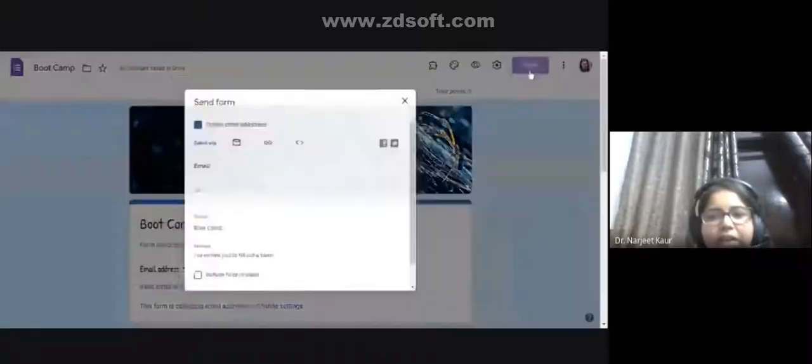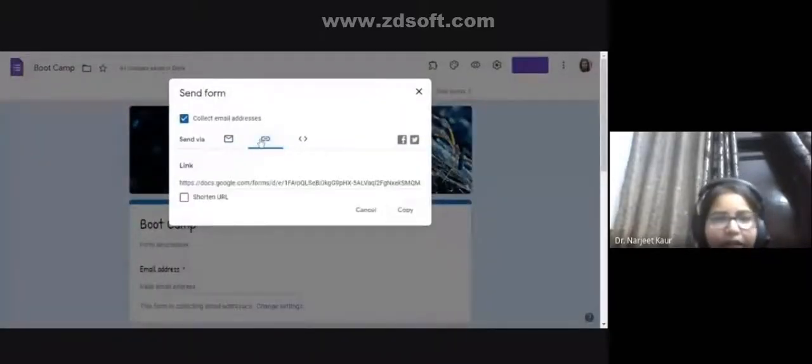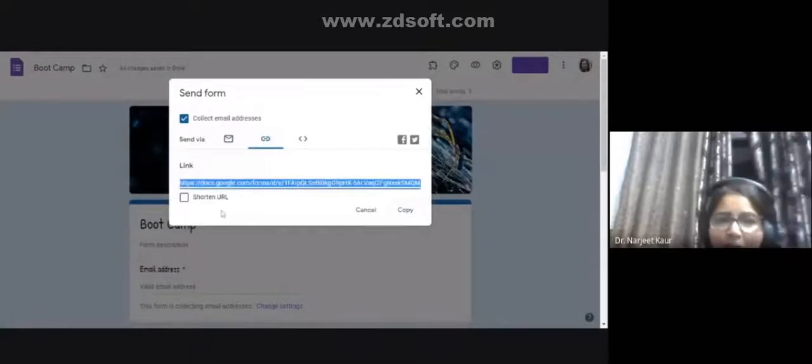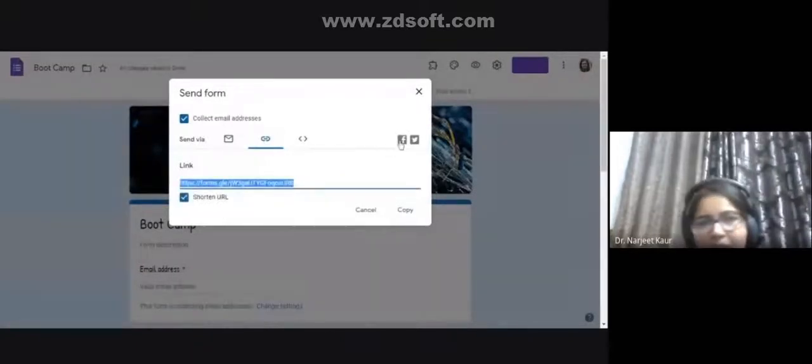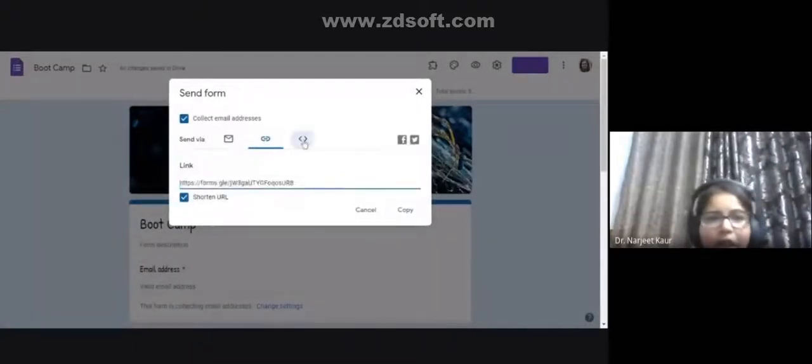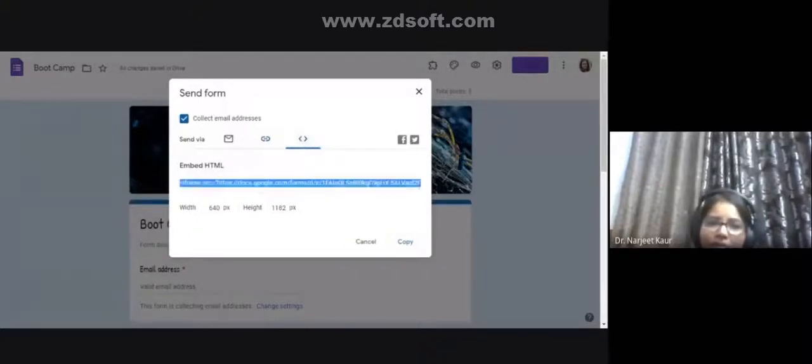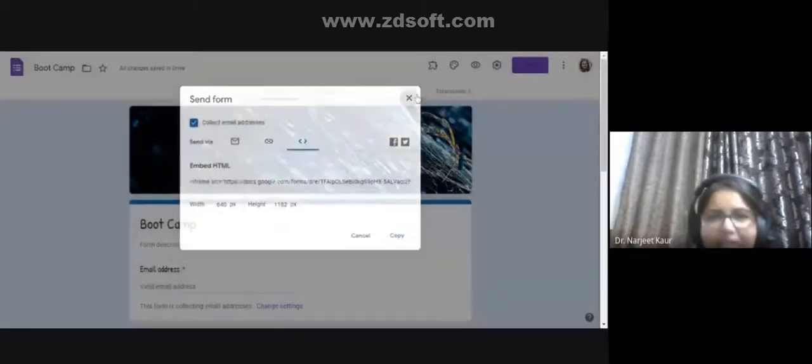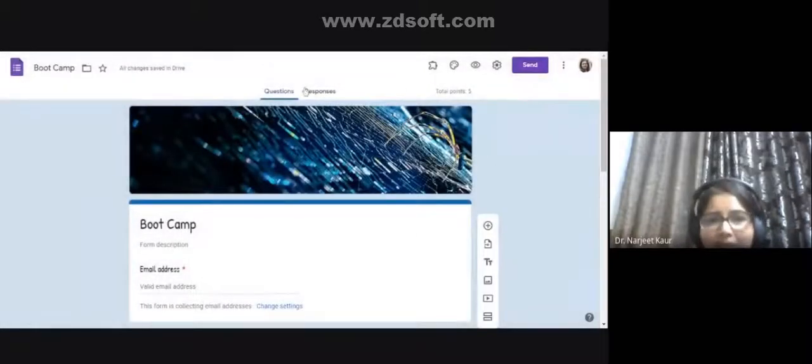Right, we are here. So when we click on send, again, as I told you, that is a link. You can send the longer link, or you can shorten it. You can share it on Facebook or Twitter, or you can click on this option, embed HTML, wherein you can take this link and embed it in sites. It is going to be very useful there, and you can always give these specifications. So this is how you are going to send.